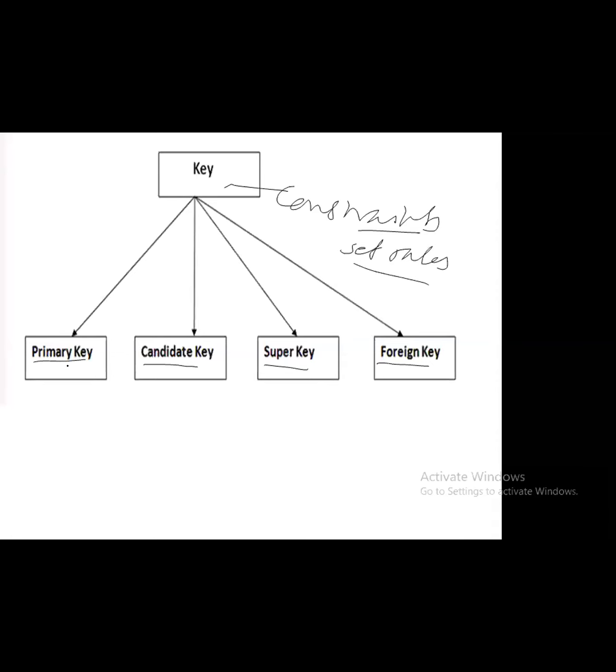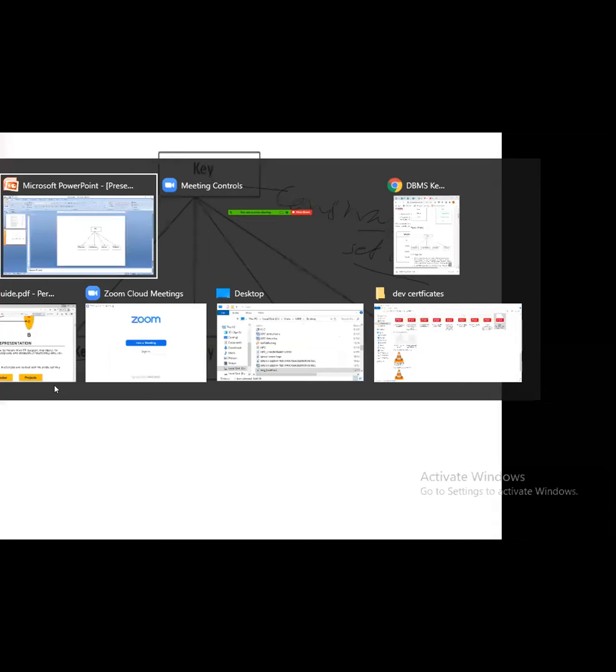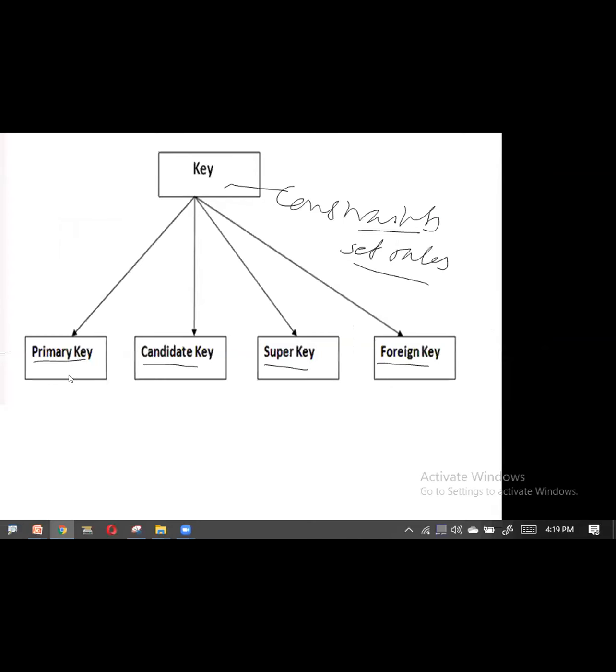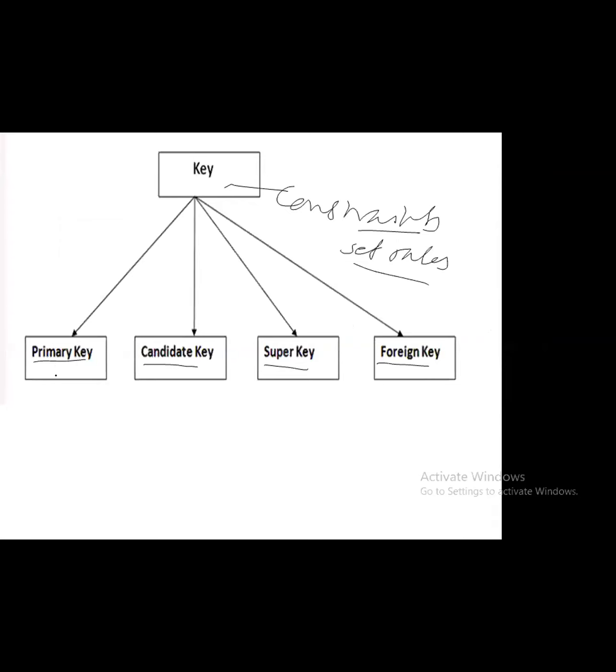Now coming to the primary key. Now how will I be going with the primary key? So the primary key will be like this. So when I'm saying primary key, as I gave the definition to you, the definition says that it is mandatory.